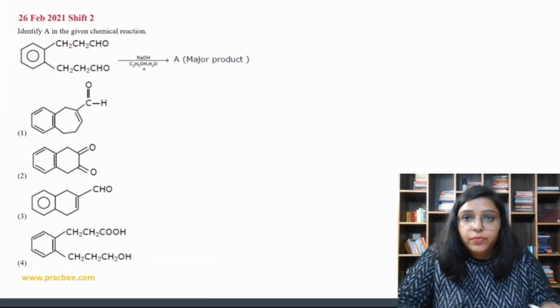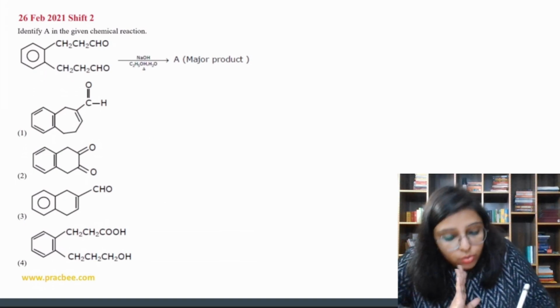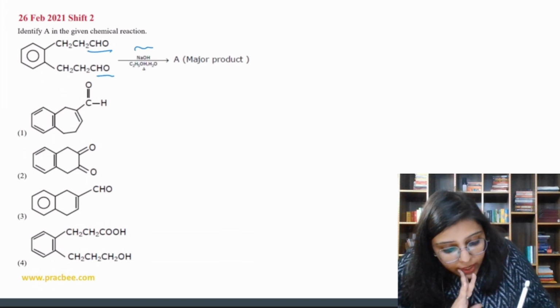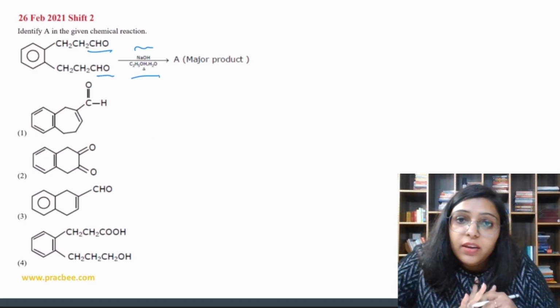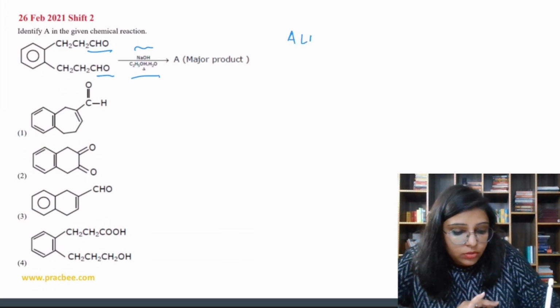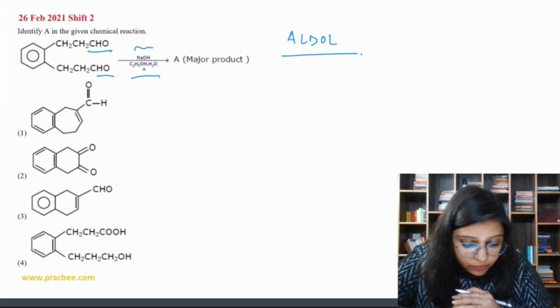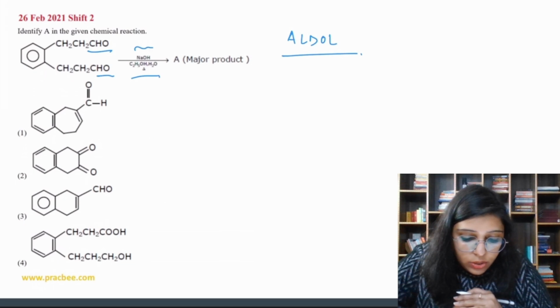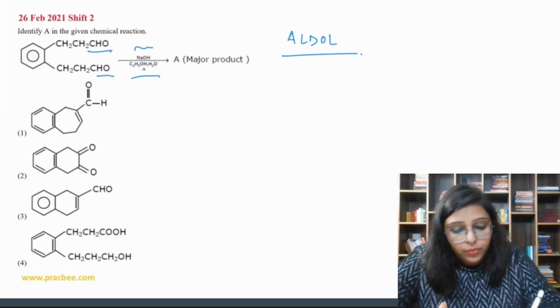Now next question, we have CH2 CH2 CHO and CH2 CH2 CHO. 2 aldehyde, we have NaOH, then C2H5OH in water, and then heat. Water and heat. So we have to perform aldol. There is no other thing. We have to do aldol. NaOH, C2H5OH, water, and then heat. So on doing aldol, we get